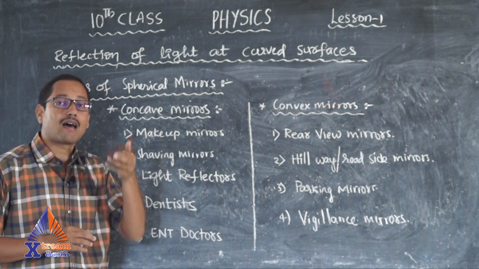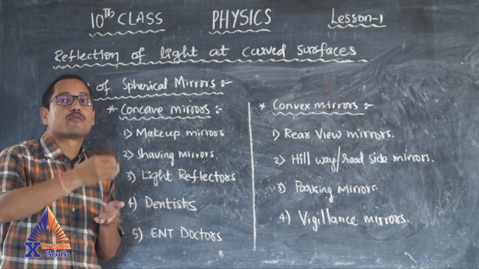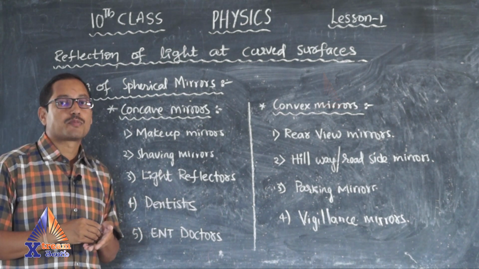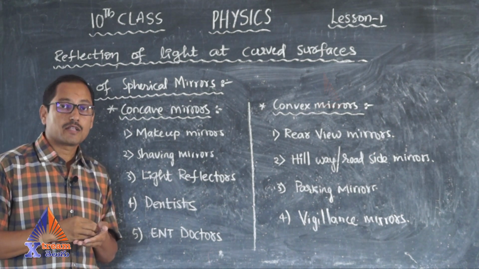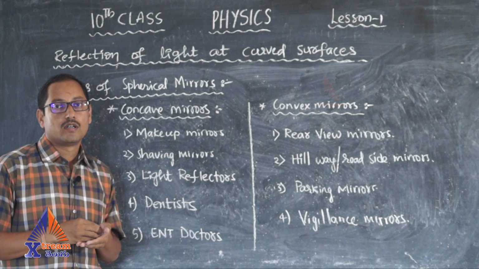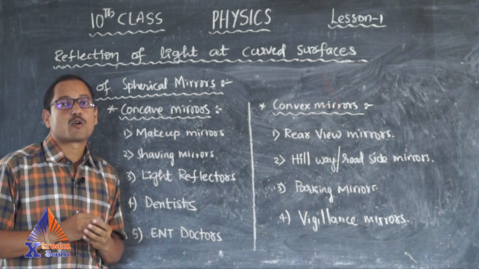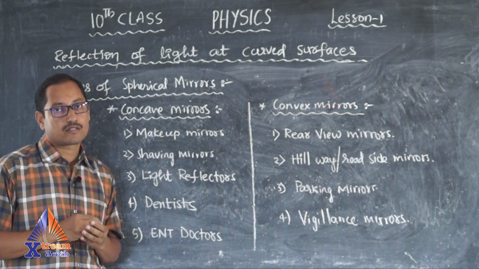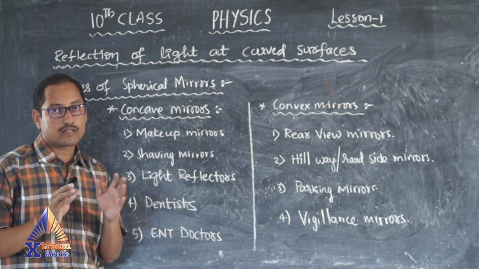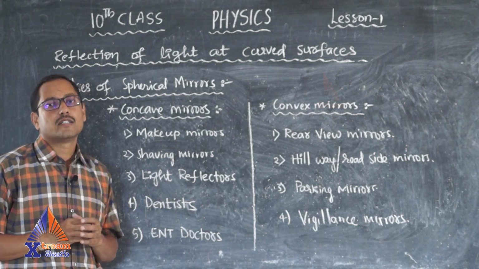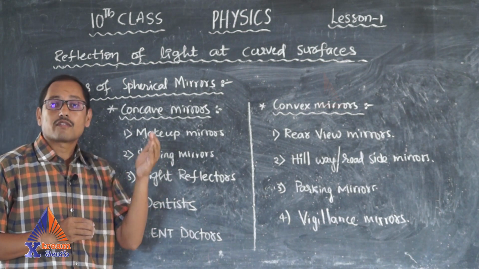Why? Because in the last case, sixth case, if you put the object between pole and focus, then you obtain an enlarged erect image. So we have to keep the object as near as possible to the mirror, then we get an enlarged erect image inside the mirror. So to see the image which is enlarged and magnified,